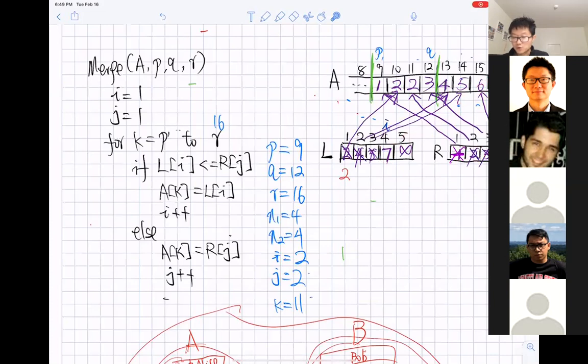But just to ensure that this value can go over there, we need to make sure that Li is less than Rj. Whatever value we have in Li, we want it to be less than Rj. That's why we append an infinity to the end, because with this infinity, it's guaranteed that the last value goes to the last position in the array.